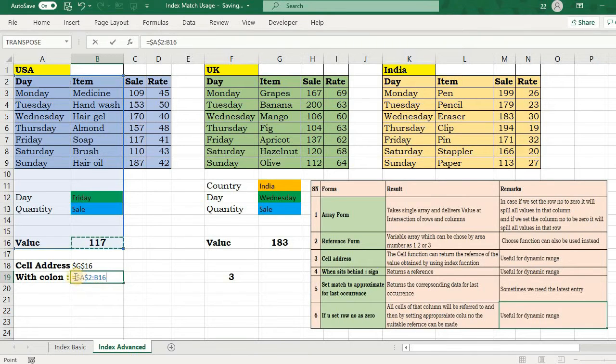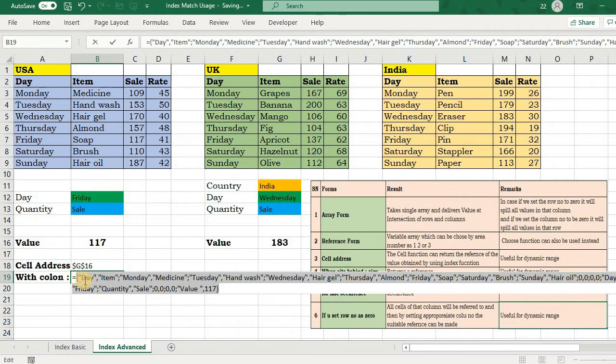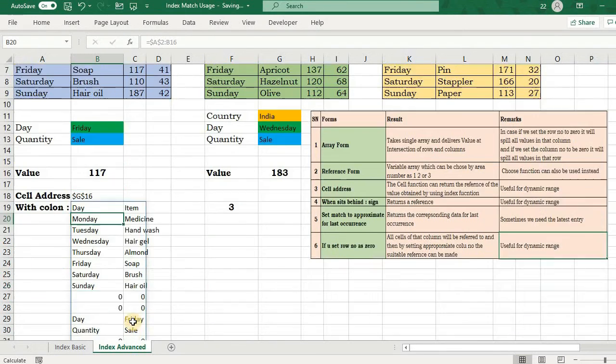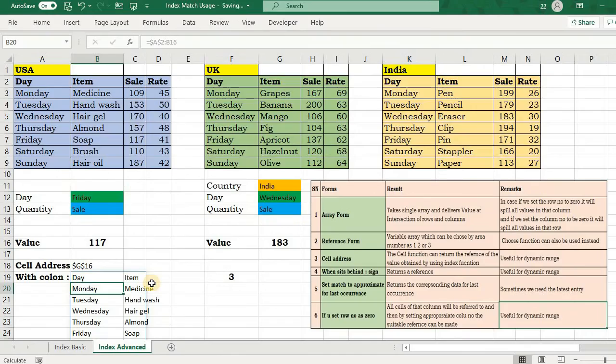In case you are not using Microsoft 365, you can just select it and press F9. See, so from the day to the 117, this is referring to this one. So when I press enter, since I'm using MS365, it will spill all the data to 117. Now this feature helps us in generating dynamic ranges, as I told you,